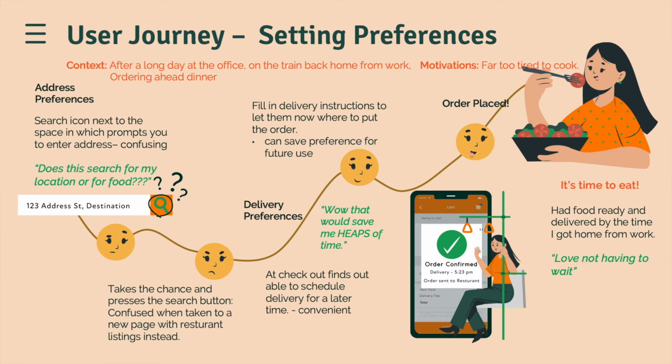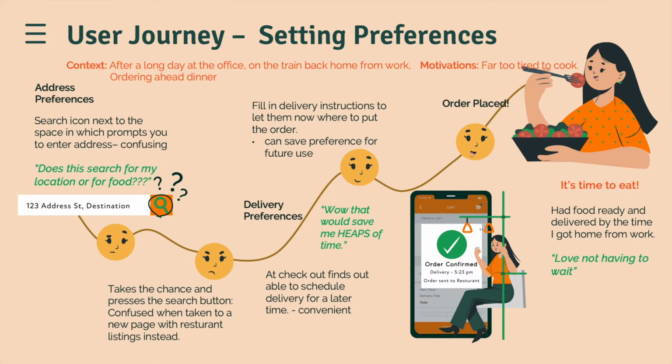When it came to preferences, there was confusion at the beginning with the slightly confusing positioning of the restaurant search button next to where you would input your address. The experience, however, with the other processes of setting delivery preferences was generally more consistent and positive feeling. Based on my assumptions from my personal use of the apps, I assume that once users are able to overcome the initial confusion in the beginning, they will have an overall content experience when it comes to